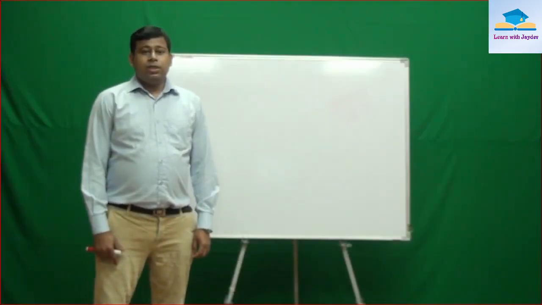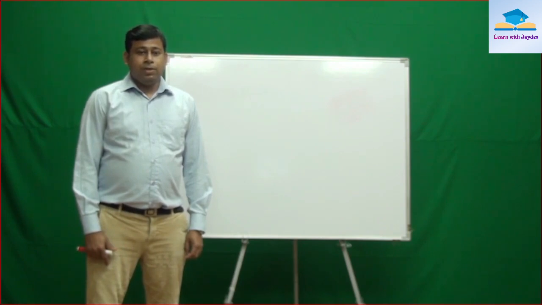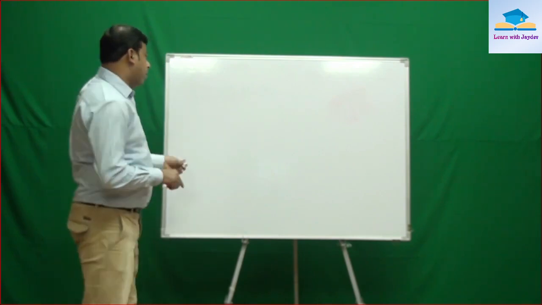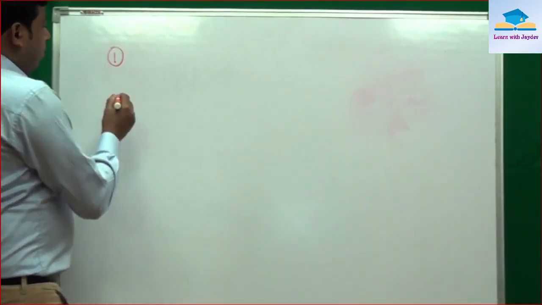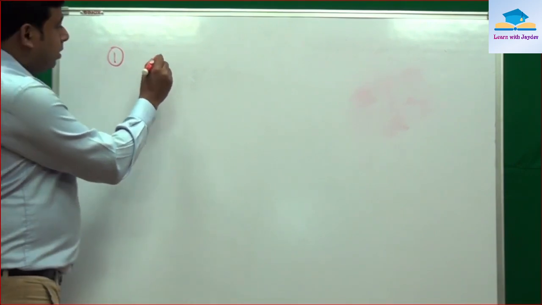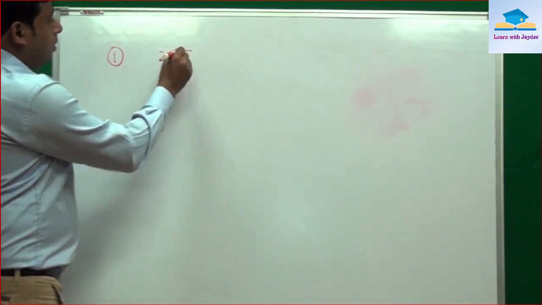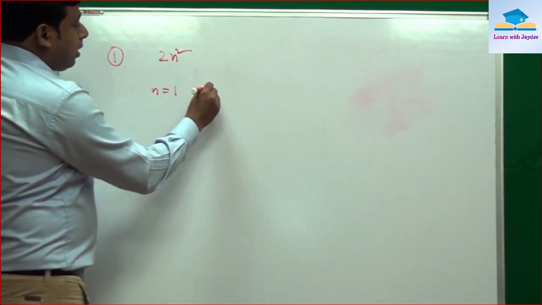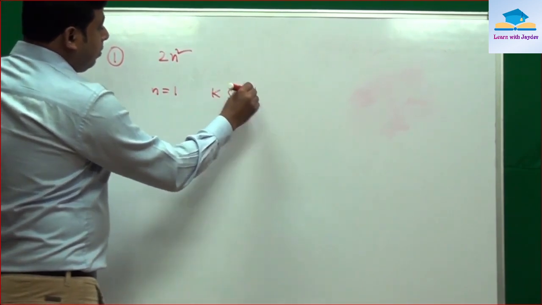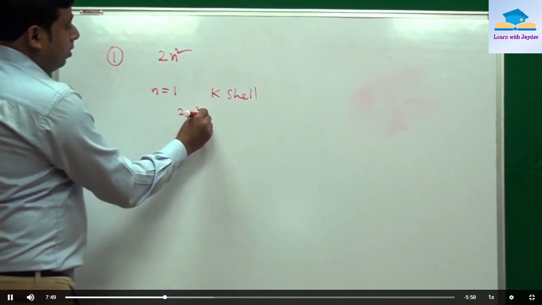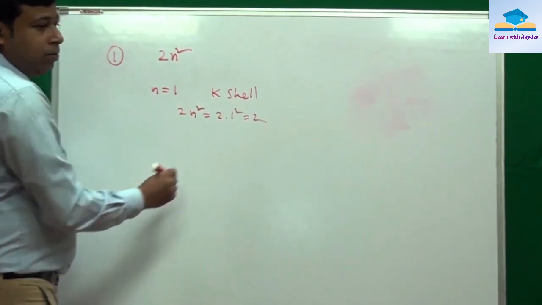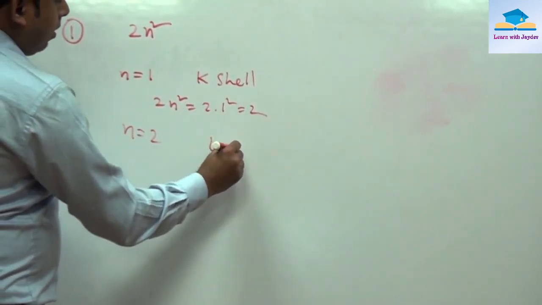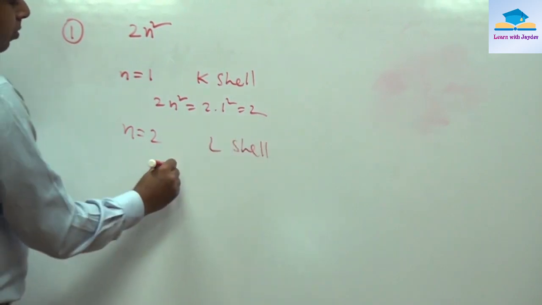We'll discuss the distribution of electrons in different orbits of an atom. Bohr suggested 3 rules. So we'll point out those 3 rules here. Rule number 1. He said the number of electrons in an orbit will follow 2n square. So in case of the first orbit, n equals 1, that means the K shell, the number of electrons will be 2n square, that is 2. In case of the second orbit, that is the L shell, the number of electrons will be